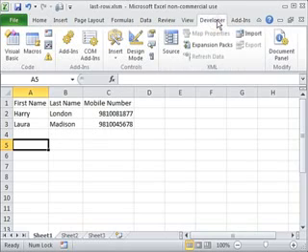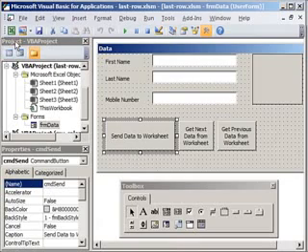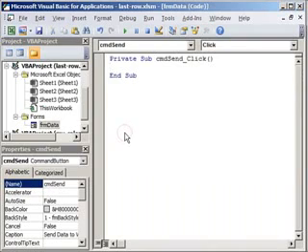So we are going to create that code now. So we'll go back to our developer tab, Visual Basic, and we will double click on our CMD send. Now we will change our code. Okay, the first thing we need to find is how many rows are already used. So assuming that our data starts at cell A2, we can then do something like this. We can say range A2